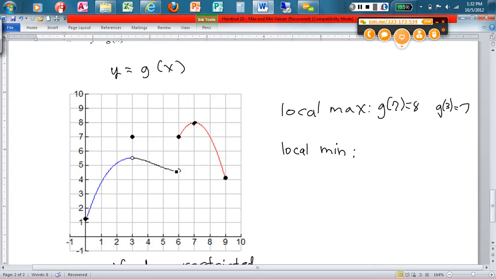Right down here, as we're approaching 6, coming in at 6, it looks like the graph is still headed downwards here. It doesn't really level off and turn back up yet. And so, do I have a local min there? The way it's arranged, I do not. There is not a local min